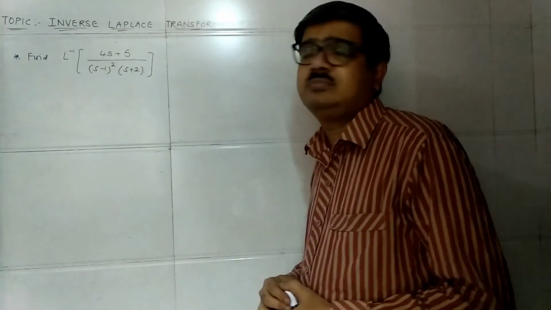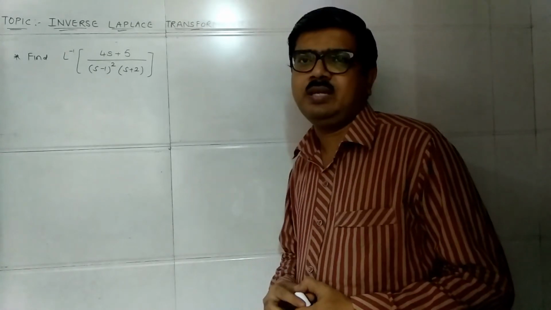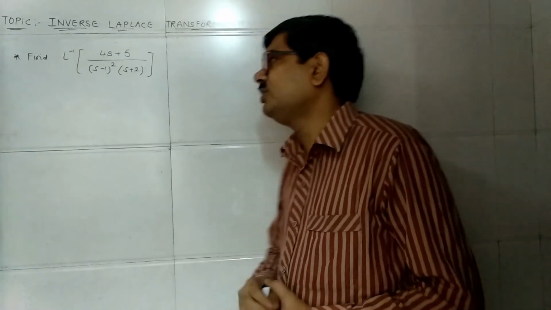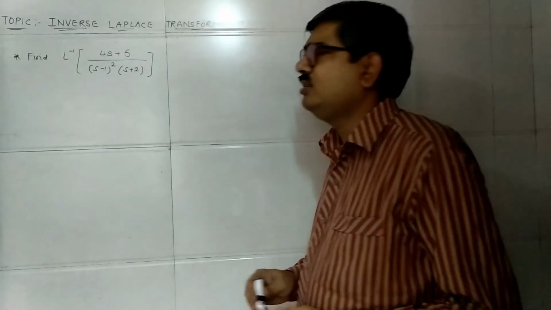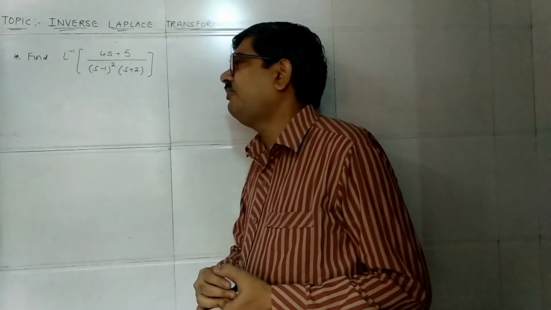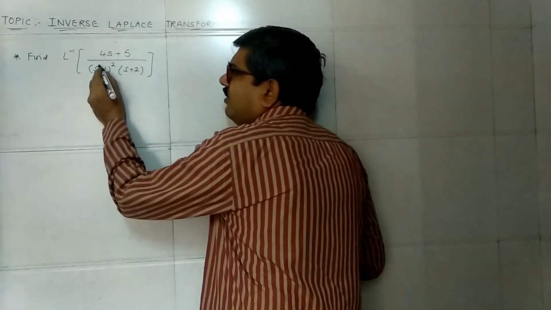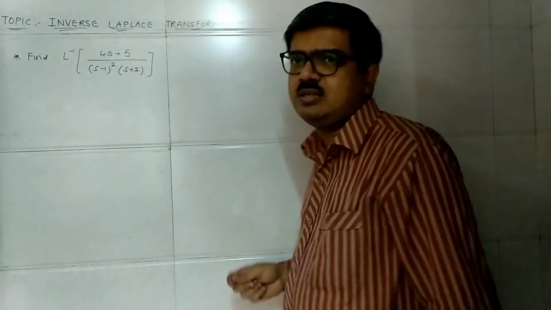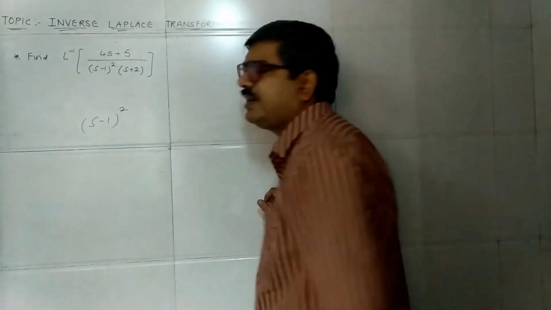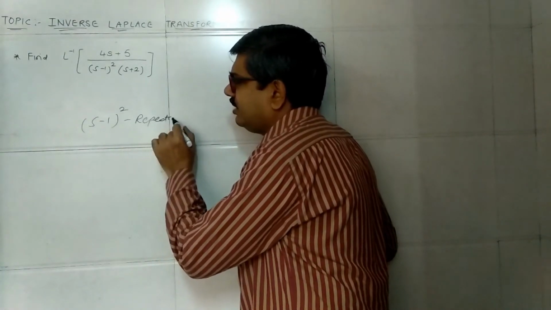In earlier two videos we have solved the problems of this same topic. In both the videos, as you can see, the factors in the denominator were linear factors. Here in this question, the factors in the denominator are linear. How can we identify that? Since the power of s is 1 within the brackets. But here only s minus 1 is not there, it is whole bracket square. So this is a linear factor, but a repeated linear factor.